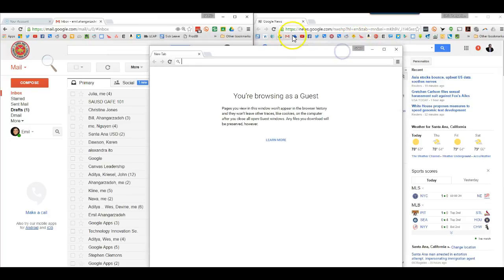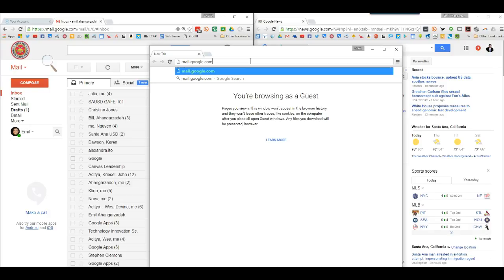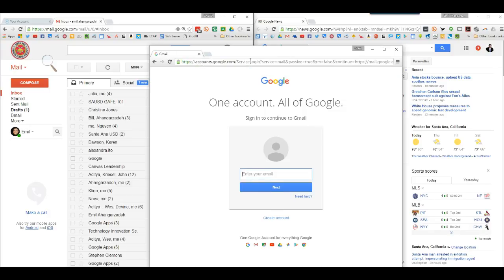And notice that my icons didn't come with me from my personal account. My icons didn't come with me from my professional account. These are my bookmarks. It's just a brand new slate. If I was to go to mail.google.com, which is the subdomain for Gmail, and I clicked on it, it's not going to connect me to either my professional account or my personal account because it's a totally disconnected instance,